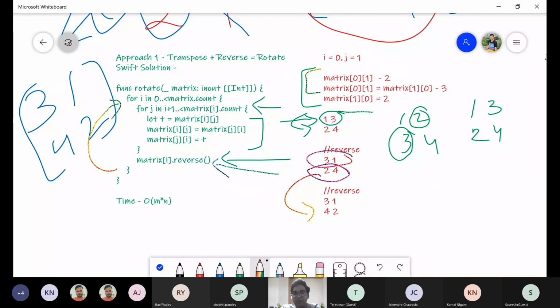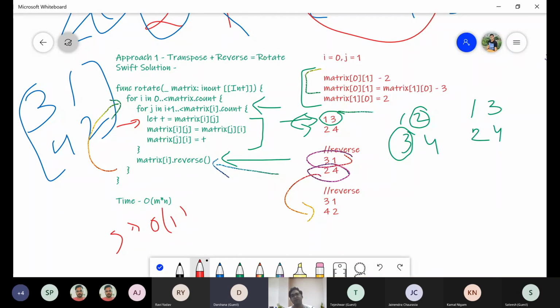We use the matrix and do the in-place rotation only, and we took only one variable, which is a temporary variable. So the overall time complexity is order of m into n, and the space complexity is order of 1.